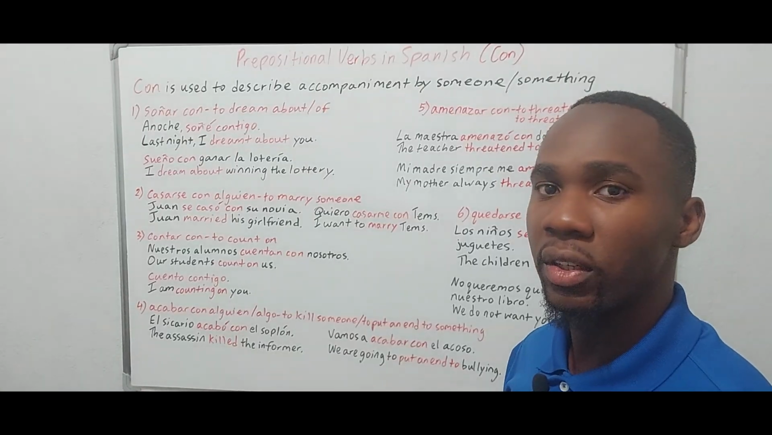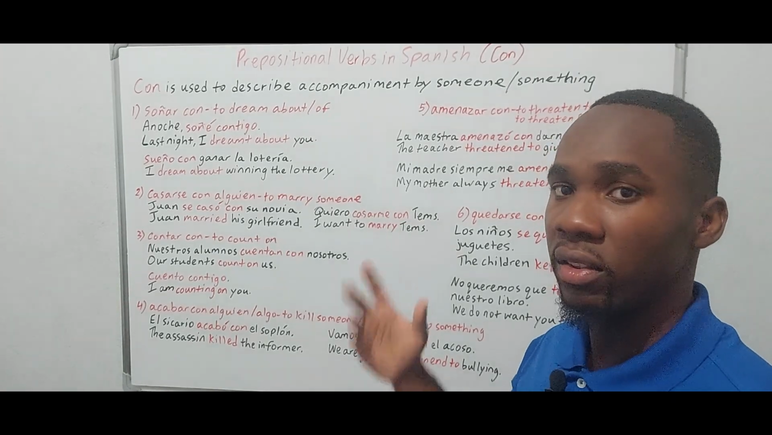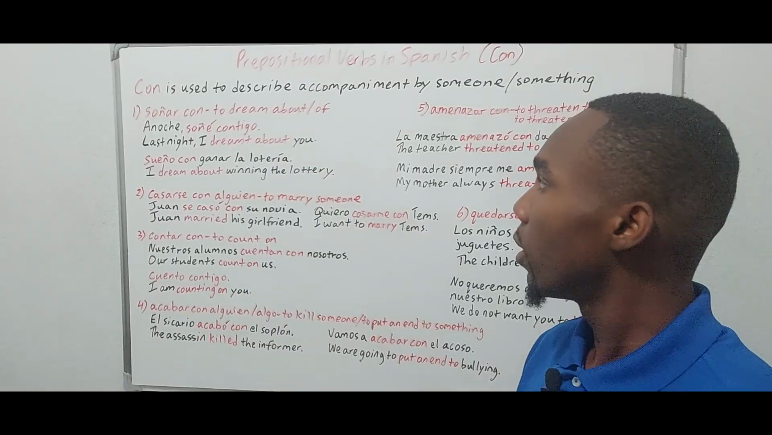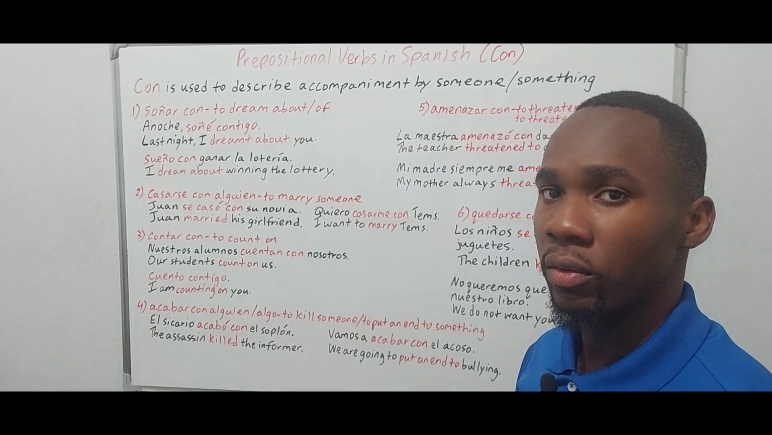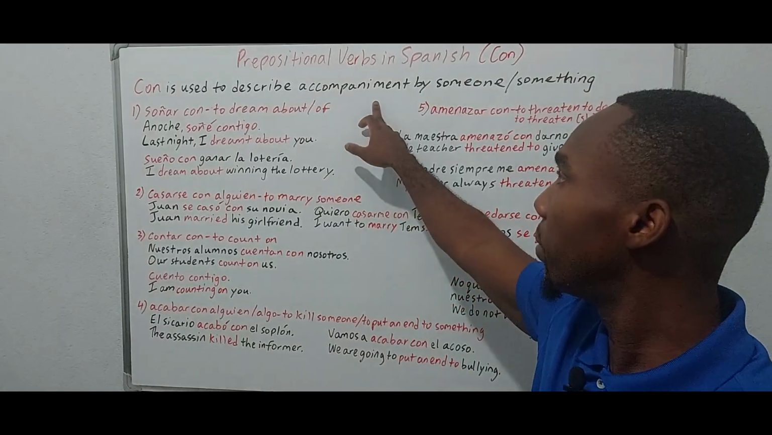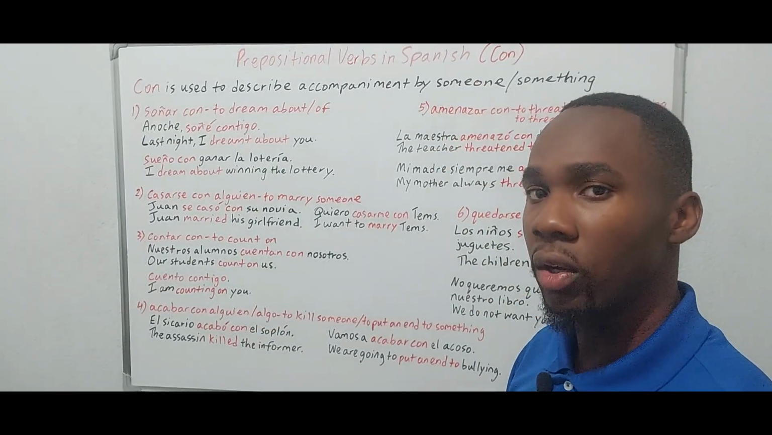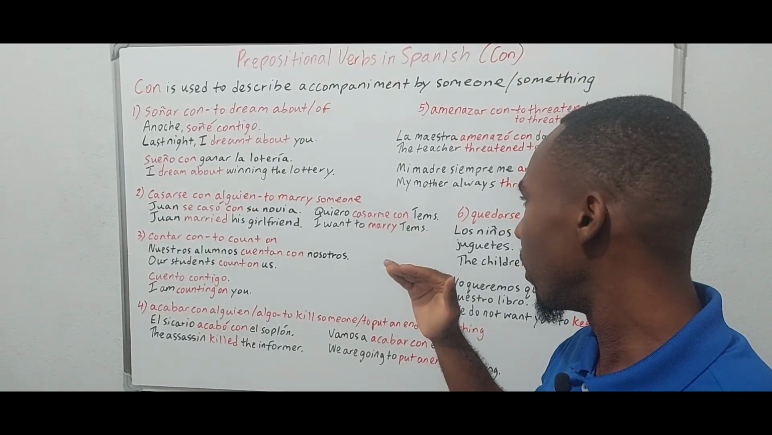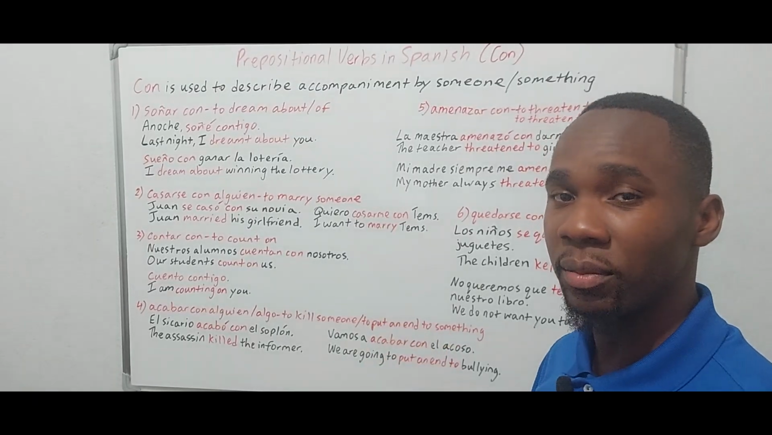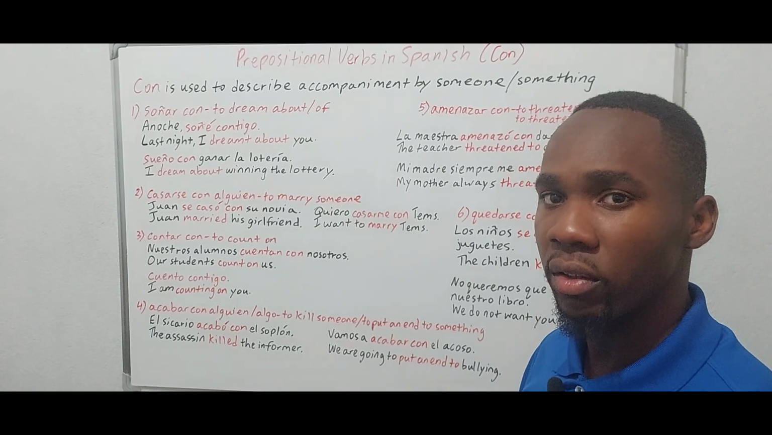Okay, so we're going to look at verbs that require the preposition con in Spanish. This is the second video on prepositional verbs. All right. So what is the meaning of con? Con means with. So that means that con is used to describe accompaniment by someone or something. So generally, this is what con means. We're going to look at about 10 verbs on this list. Well, obviously you can only see 6, but in this video we will address 10 verbs that require the preposition